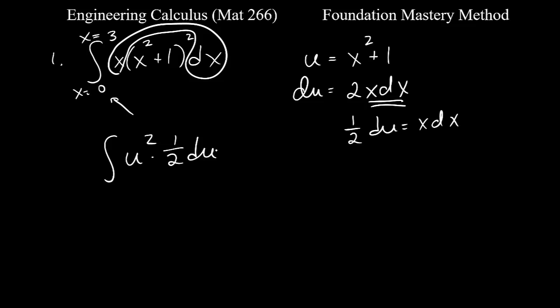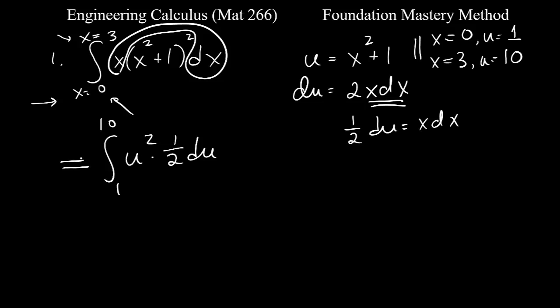Now before we can set these two integrals equal to each other, we need to change our x limits to u limits. So over here, we say, well, if x equals 0, then u will equal 0 squared plus 1, or 1. And if x equals 3, then u will equal 3 squared plus 1, which is 10. So now we have the integral from 1 to 10 of u squared times 1/2 du, and these two integrals are now equal. So when we solve this, we will have 1/2, and then applying the power rule backwards, 1/3